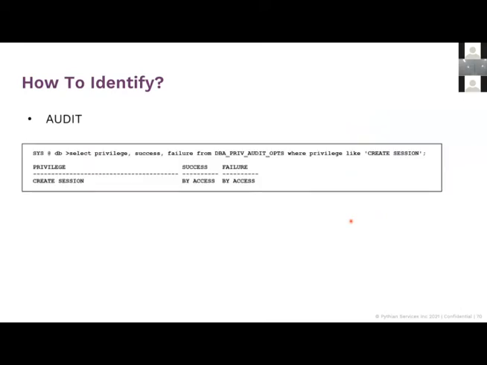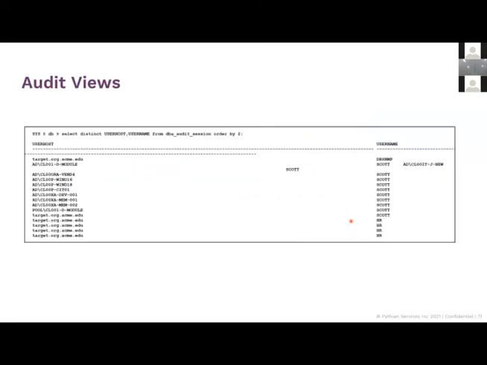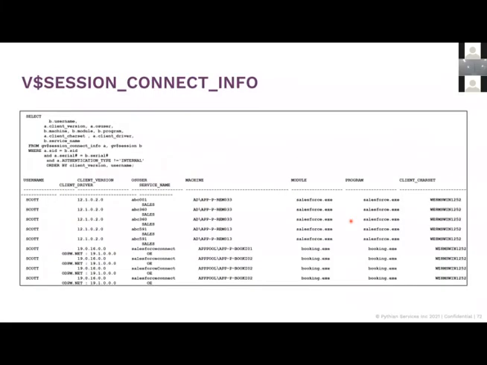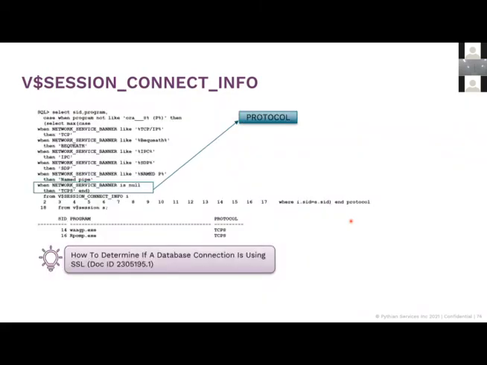You audit your database connections. You get a lot of information, but this information could still be missing some bits and pieces, and you don't particularly get the client version or the protocol. So what you could do is query this particular view, v$session_connect_info, and here you get a ton of information. It's like a treasure trove. You get your machine information, you get your client version, you in fact even get your protocol from the same view. You see it's TCPS, which means it uses certificates or SSL connectivity. So that's a lot of information that you can capture.